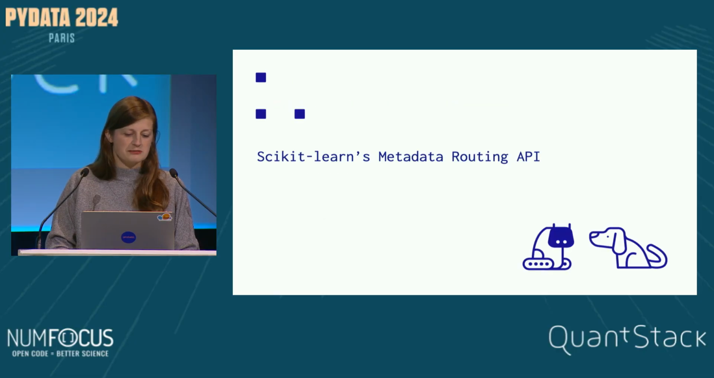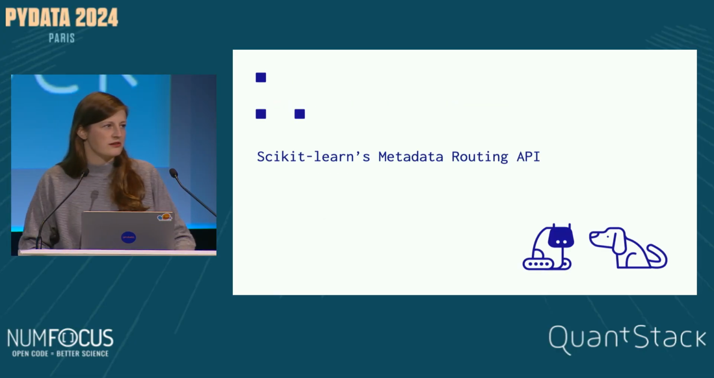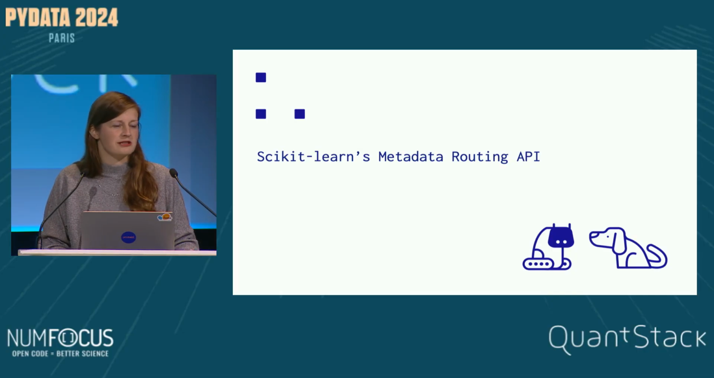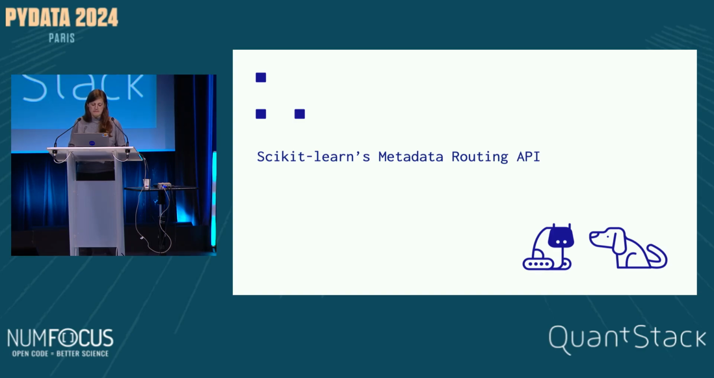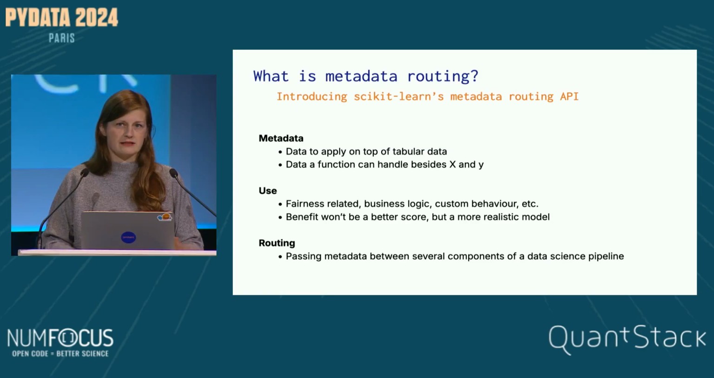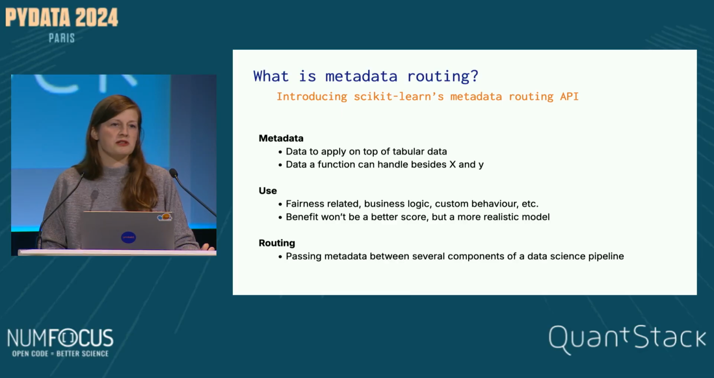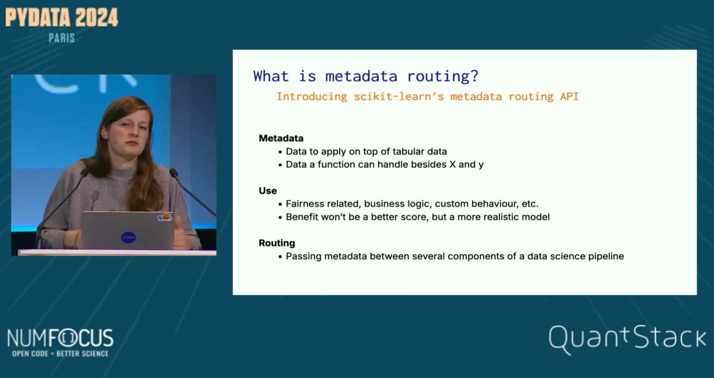So starting with the metadata routing API, which is a new feature that is almost fully available in the latest release, 1.5, since May. Let's start by defining metadata. Metadata can be any data that is applied on top of our tabular data. Thinking in terms of functions, it could be any data that is handled by a function in the data science pipeline on top of or besides X